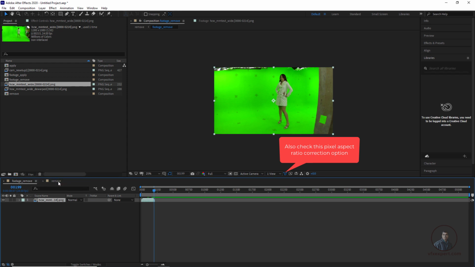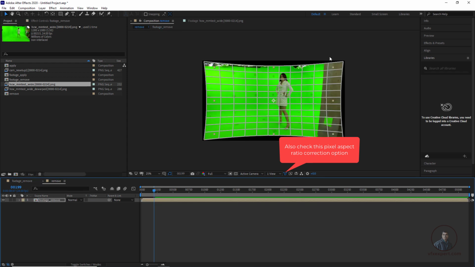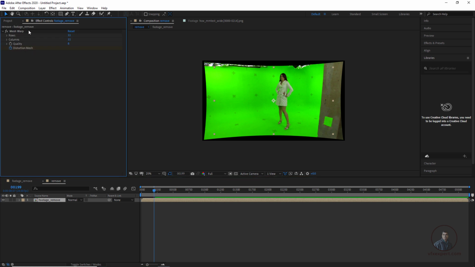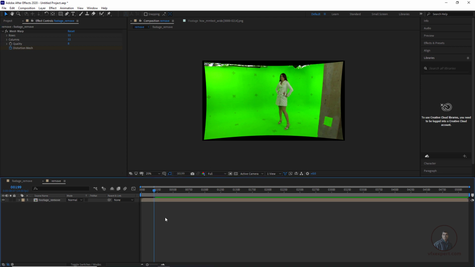Now come here inside this remove composition. Here you will get our undistorted plate, because in this composition, if you look at our effect controls, it automatically applies this mesh warp here. This will undistort our footage, and it will also give you this overscan frame size. Now after this, because here I have undistorted our plate, for compositing, if you want, you can render this file from After Effects with overscan frame size. Then again you have to re-import it in After Effects.